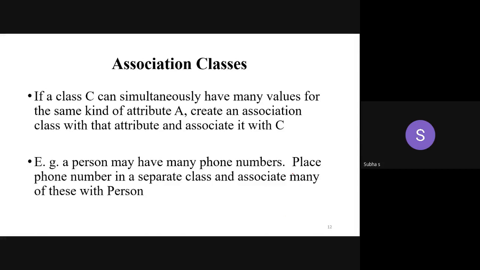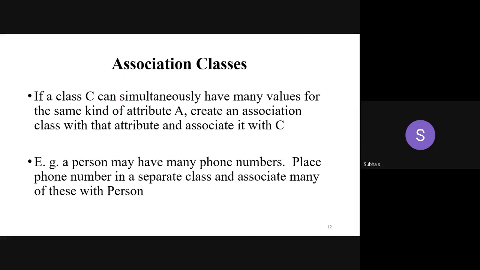How to give an association class. In attributes we have seen, and also in description class. Suppose I want to explain an attribute. I don't want to put all the attributes in a single class. Instead, I want to explain some one attribute in a detailed way. Means I can give it as a separate class. Course as one class, course description as another class. Like that, here you have one term called association classes.